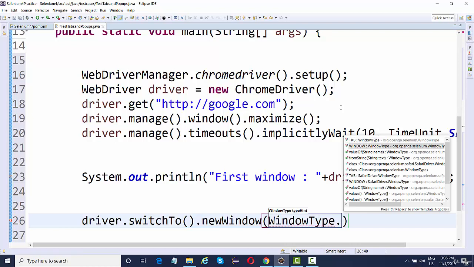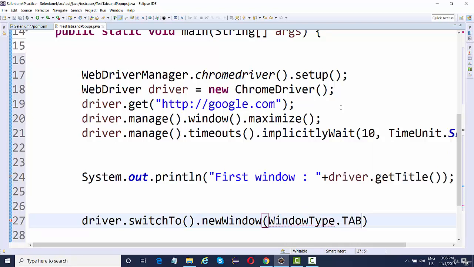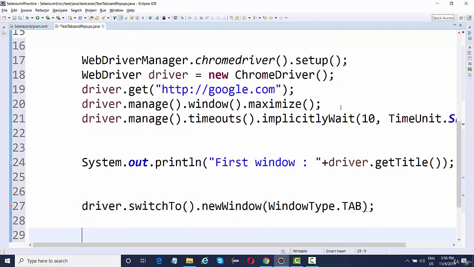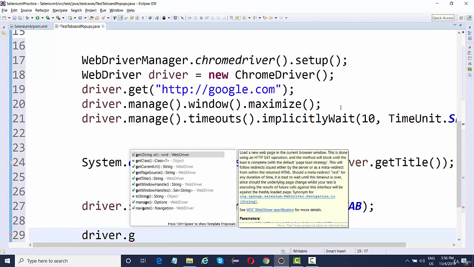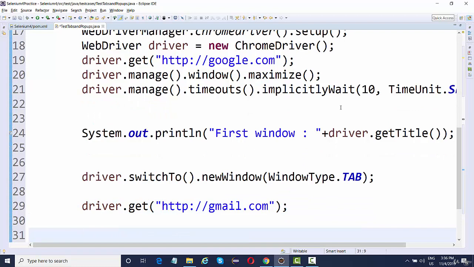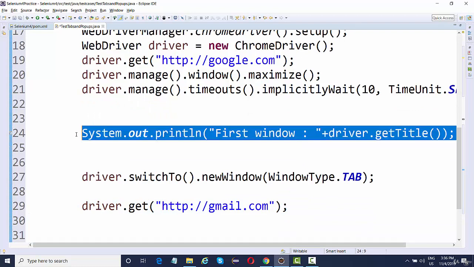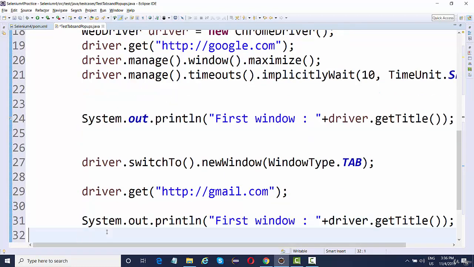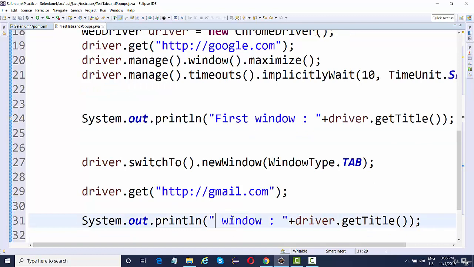Otherwise you can choose window from here. So tab is going to open up in a new tab, and on that tab I'll be navigating to, let's say, http gmail.com, and then we're going to get the title again for the second window